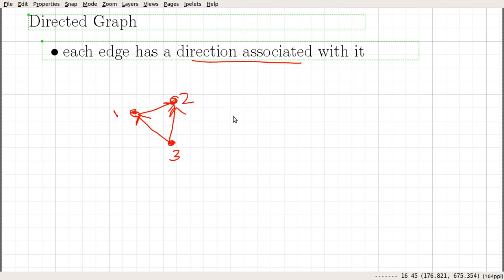So in this case the edges will be ordered pairs, something like this, 1 2. Okay, so since this edge originates from 1 and terminates at 2, it is written like this, 1 2. So in this case we won't write something like this.